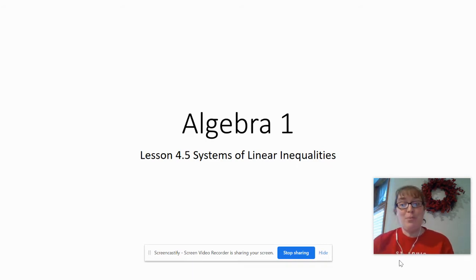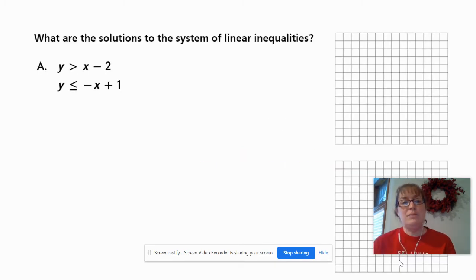So if you'll remember before break, we talked about how a system of equations is just when we look at more than one equation at the same time and look for the answer that answers all of those equations. Same thing with a system of inequalities. We're going to look at more than one inequality at the same time and look at what points satisfy all of those. So our goals for today are to be able to